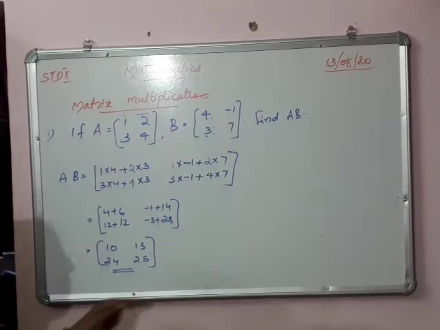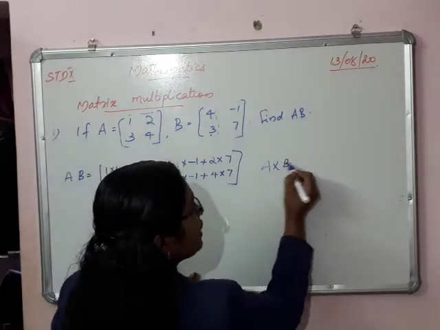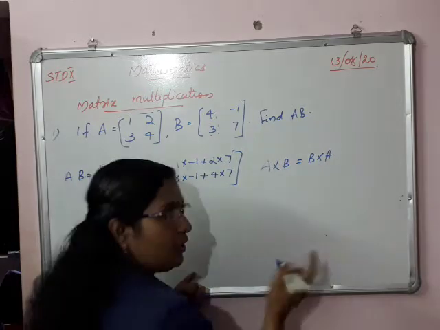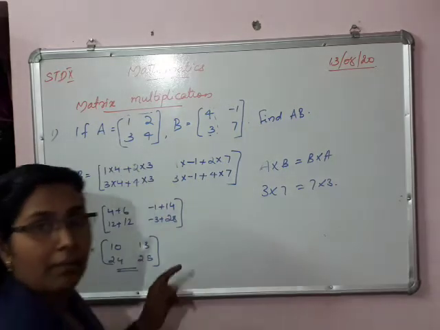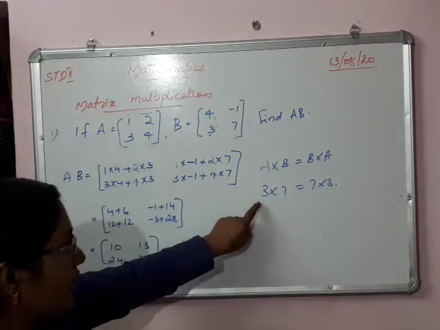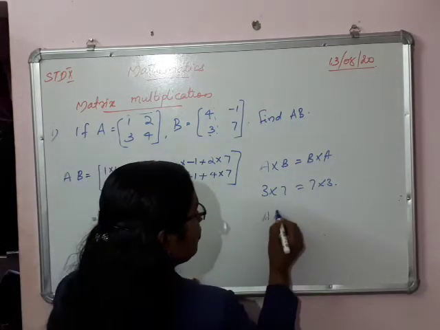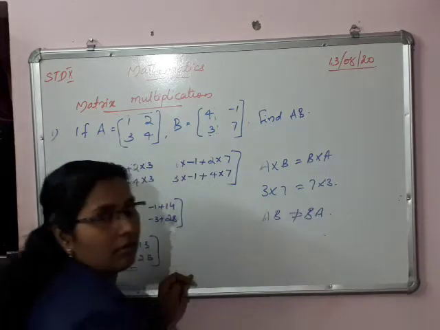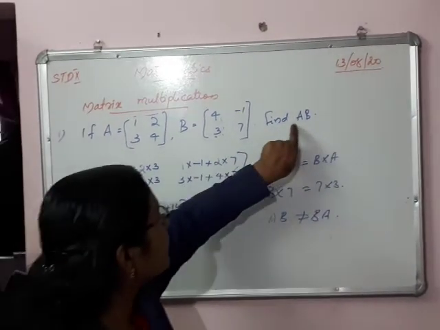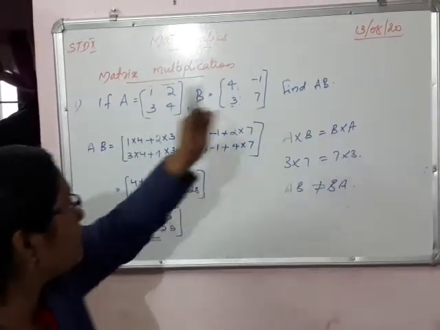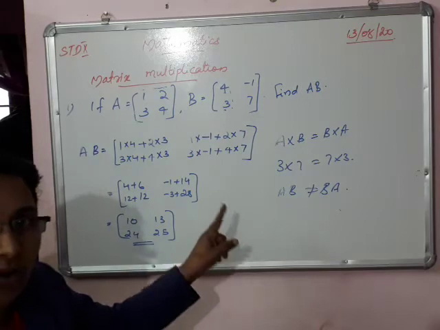Then once again, in our usual multiplication, A into B is equal to B into A. Is it? In our usual multiplication, 3 into 7 is equal to 7 into 3. But in the case of matrix multiplication, A into B is not equal to B into A. Don't multiply like that. That is wrong. According to the order of the letters you should multiply. Here A into B means you should multiply first A and then B. Don't multiply B into A. That is wrong in the case of matrix multiplication.